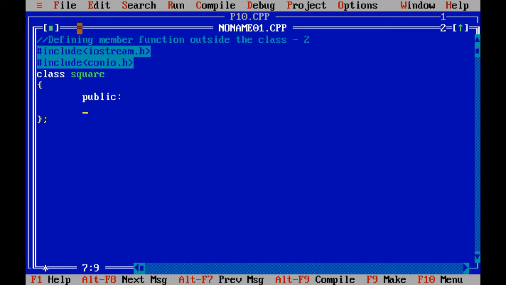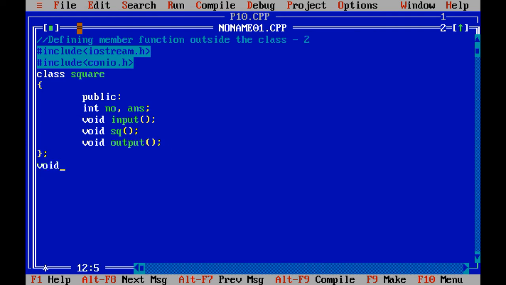So public, integer number and answer, then void input, void sq and void output.